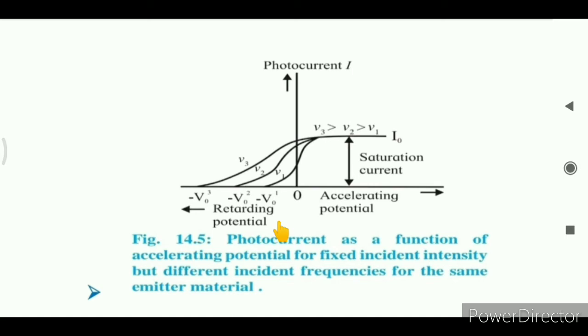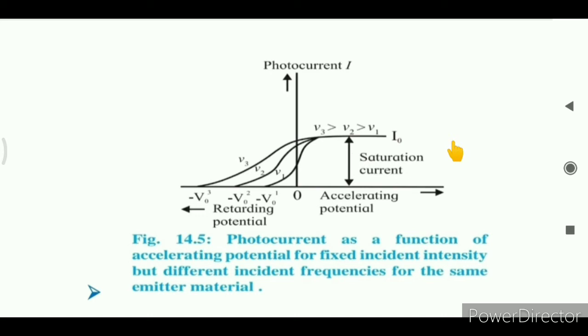But when the negative retarding potential is given to the plate C, the value of the stopping potential for all values of the intensity becomes the same. But in this case, we are going to change the value of the frequency. And for a given saturation current, as we are keeping the intensity constant, only one value of the saturation current is obtained there.